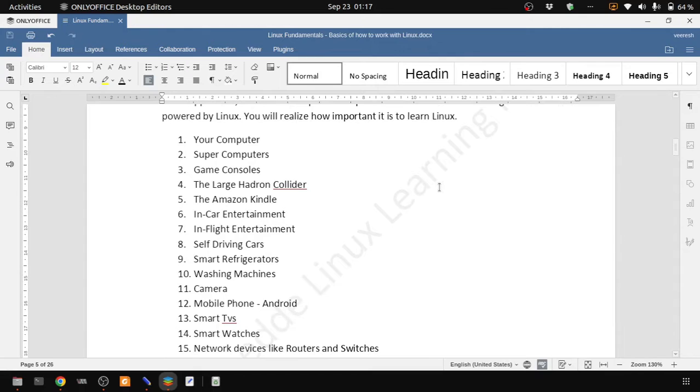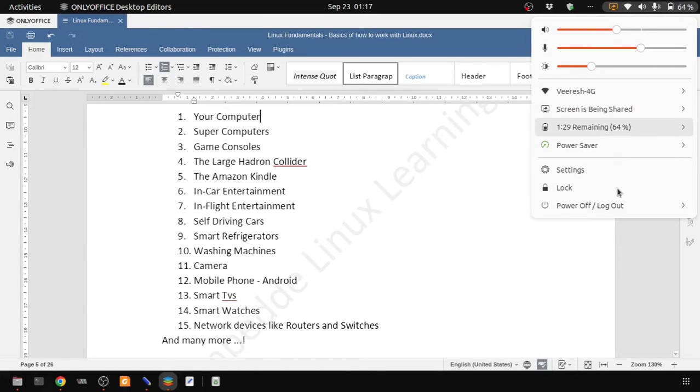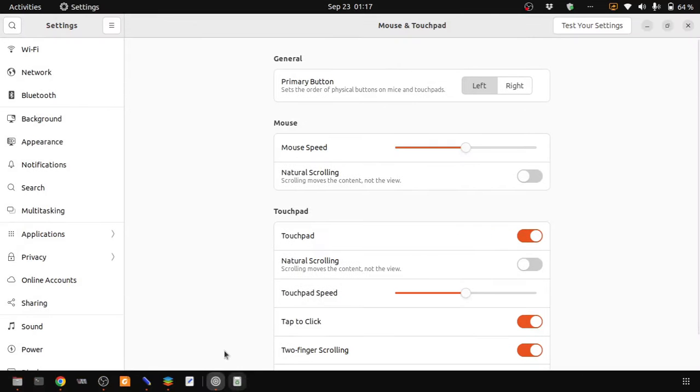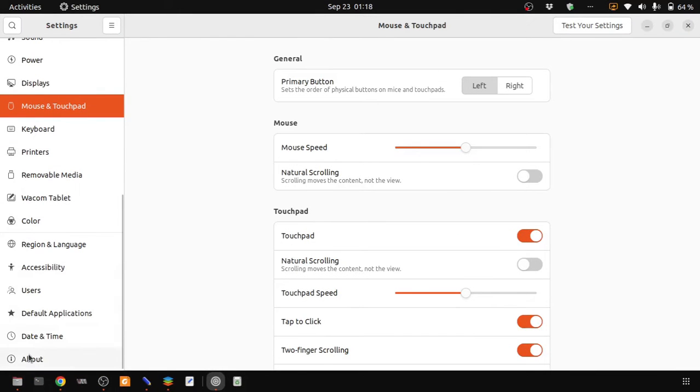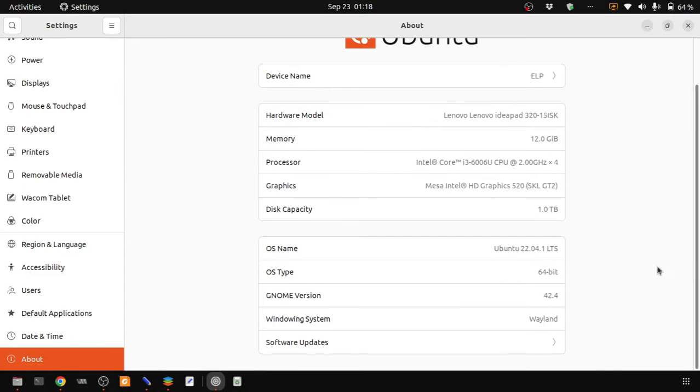Here you can see a list. Your computer can be powered by Linux. What I am using is Ubuntu, which is powered by Linux, and is one of the distributions. If you can see here in the settings, I can go to About, and it says yes, it is running Ubuntu, and the hardware model is fine. OS type is Ubuntu, and if I just check the